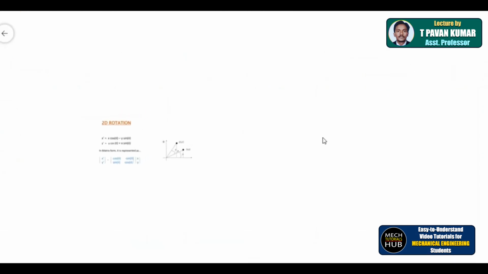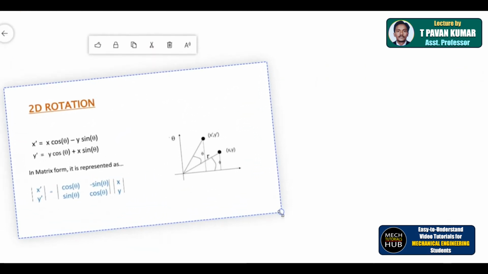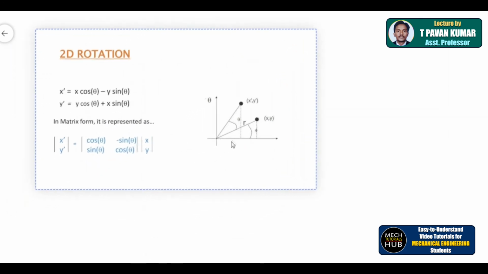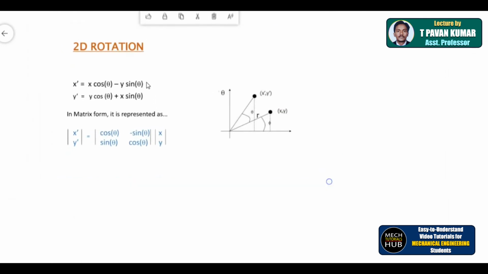This simple thing, so whatever equations we have written just now, the same equations can be shown in this way. The equation just now what we have shown is this one. Number one is x prime is equal to x cos theta minus y sin theta. This is the number 2 equation. Consider these two as two equations.